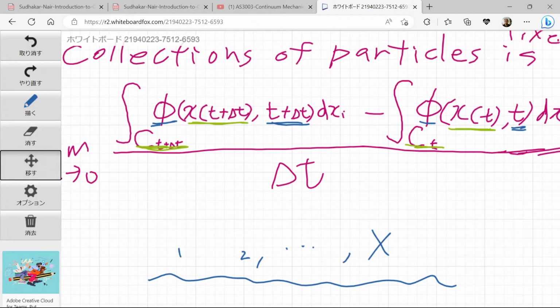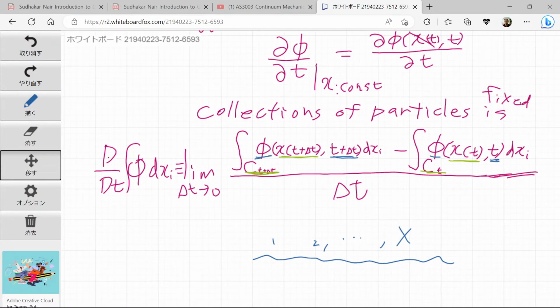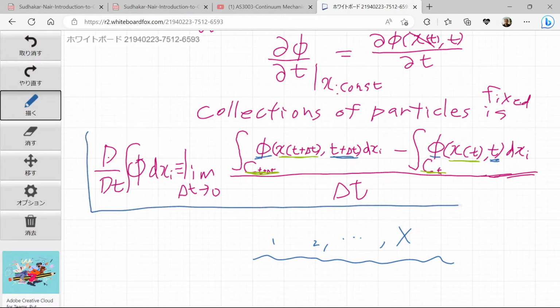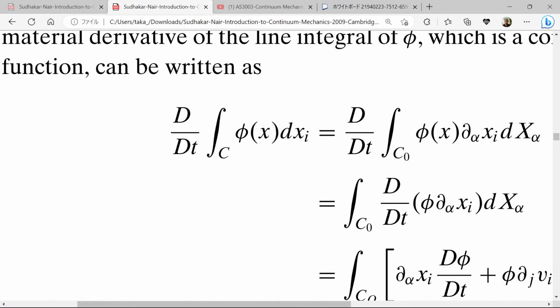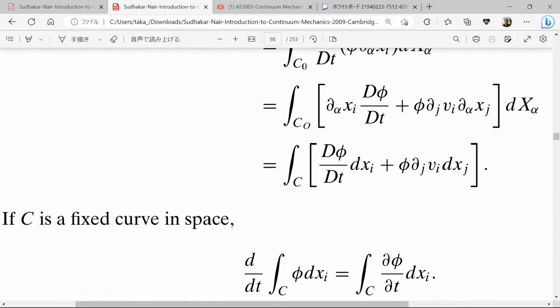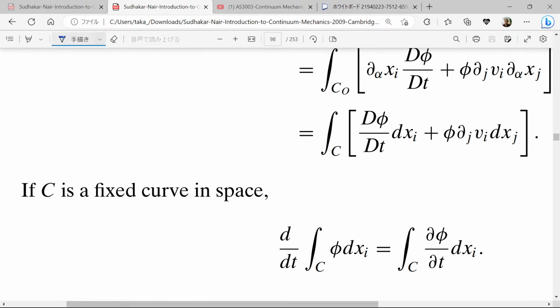So let me see. So this is the equation, the definition of total derivative, because everything is a function of t. So then this mysterious sentence: if C is a fixed curve, this is like